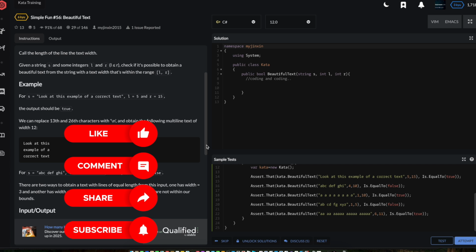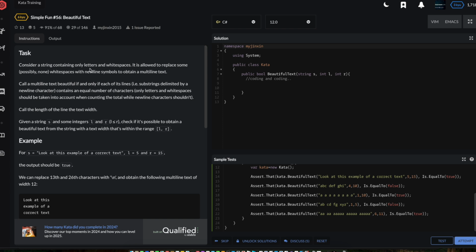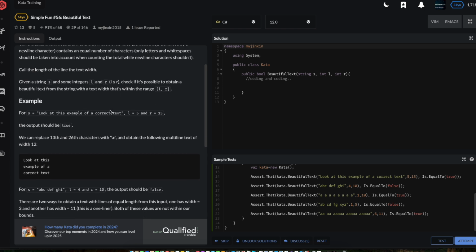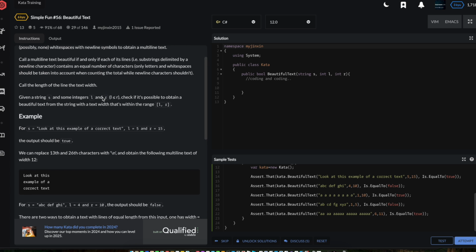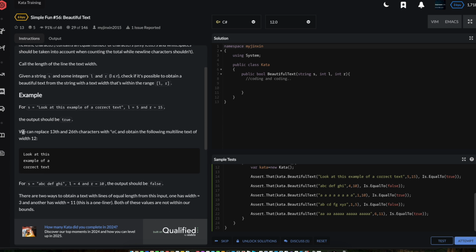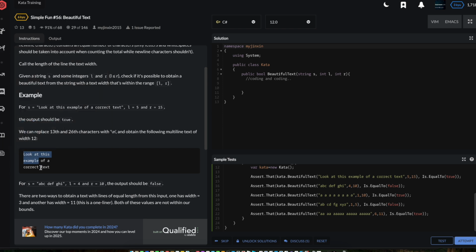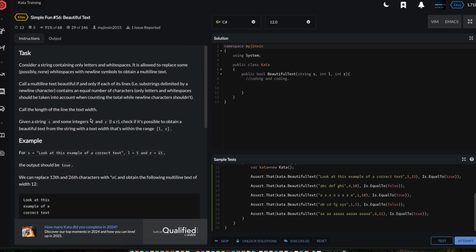Another 6 kyu challenge called Simple Fun number 56, Beautiful Text. Your task: consider a string containing only letters and white spaces. It is allowed to replace some white spaces with new line symbols to obtain a multi-line text. So I'm not going to read this whole thing to you as usual. I know you know how to read. But go down to the example down here and you can get an idea of what a beautiful text